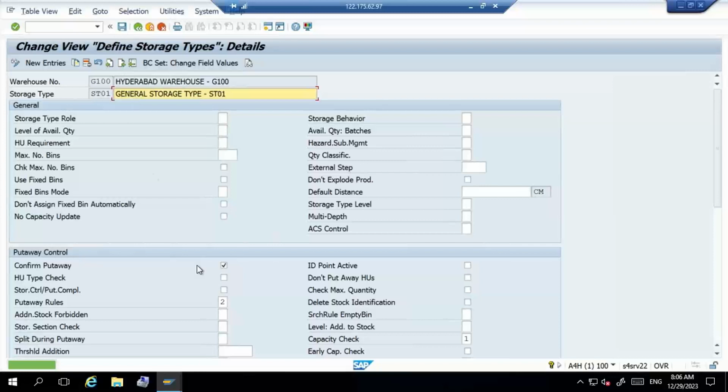Okay, so you have to maintain capacity check and validate whether your bins are maintained with capacity check or not. That may be maximum volume, maximum weight, and total capacity. Total capacity means number of units. Okay, let's see it. Go to